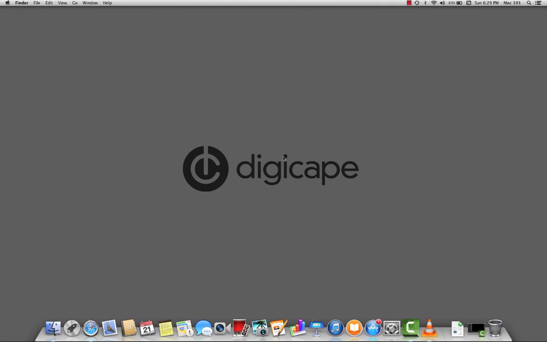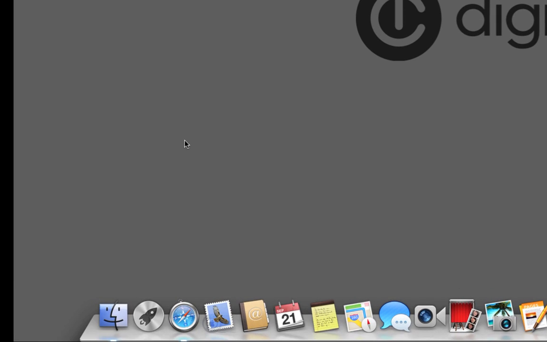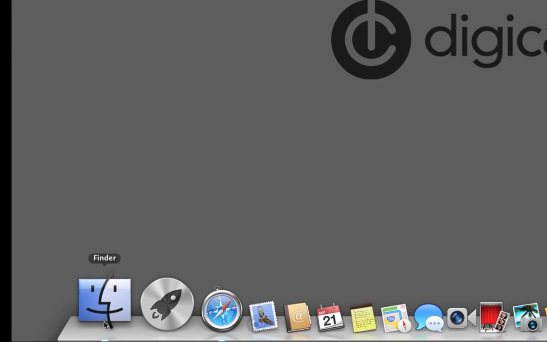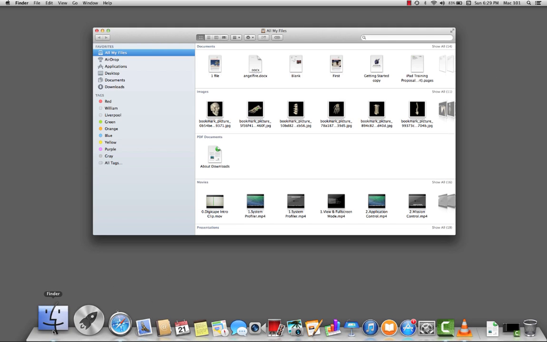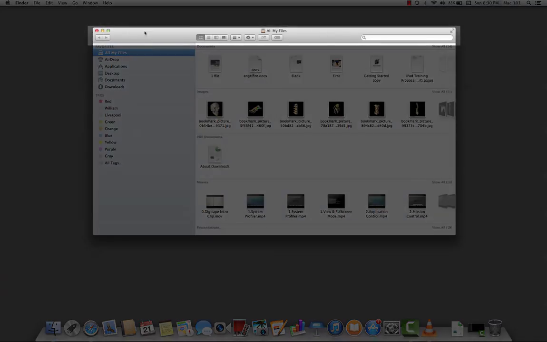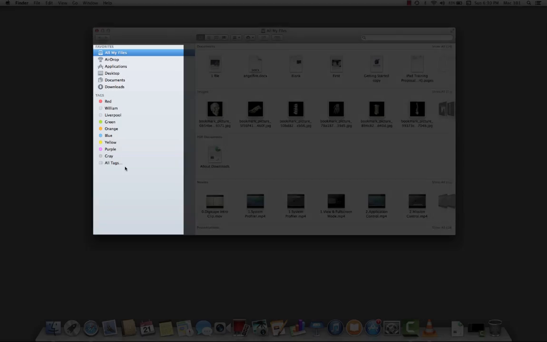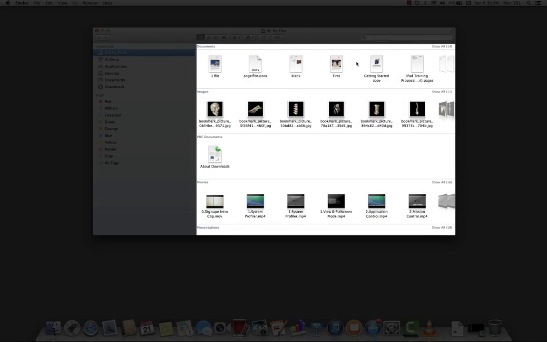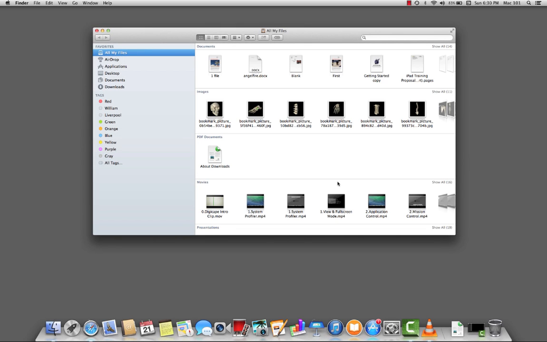Now to start off, we'll access our Finder window by clicking on the Finder icon on our dock. When we open our Finder window, we'll see that it consists of a 3-pane view, which is the toolbar at the top, our sidebar, as well as our main canvas. Now we can add in additional views onto our Finder window that can make our navigation of the folder